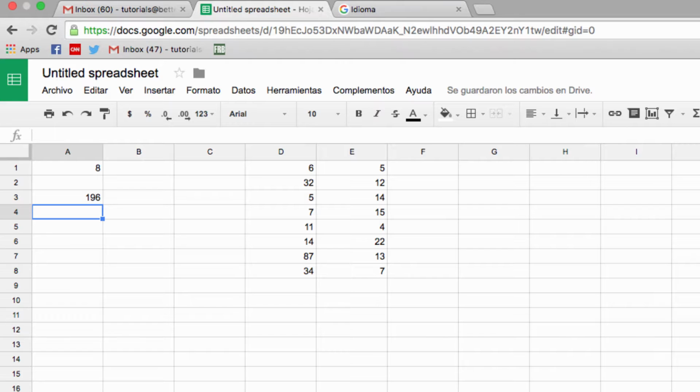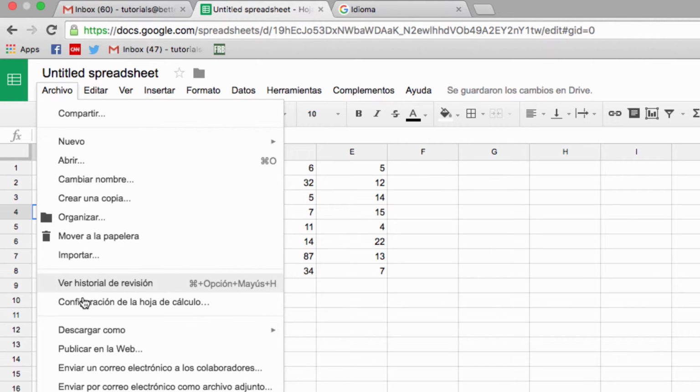So the good thing about changing your language settings to recognize Spanish formulas in Sheets is that you can also switch back and forth between Spanish and English, which is great if you only know some formulas in one language or the other. So to adjust this setting, go back to File, and then you're going to head down to